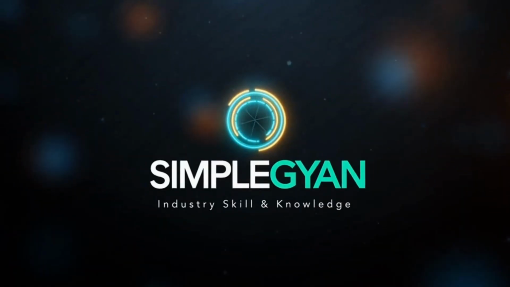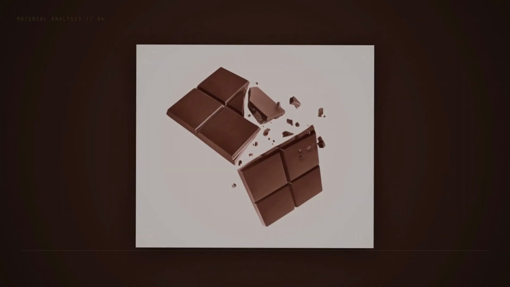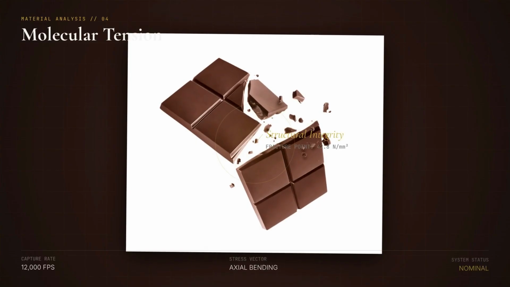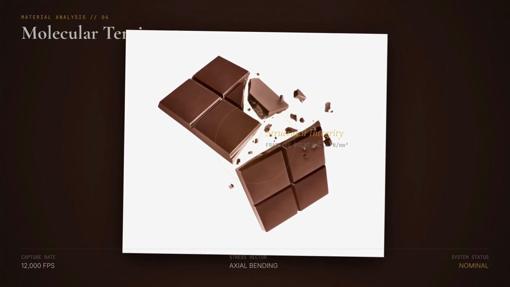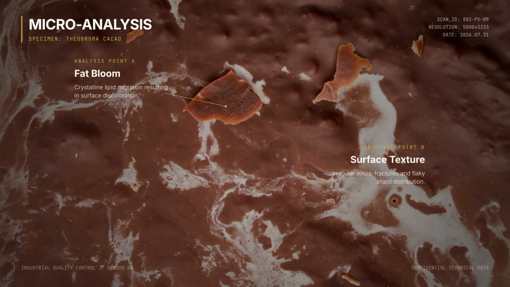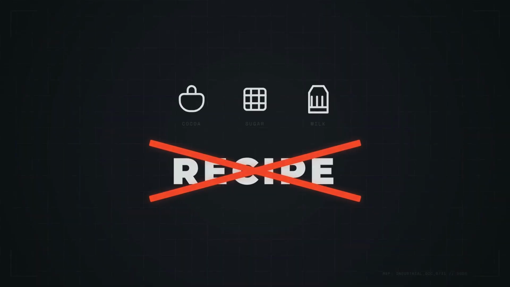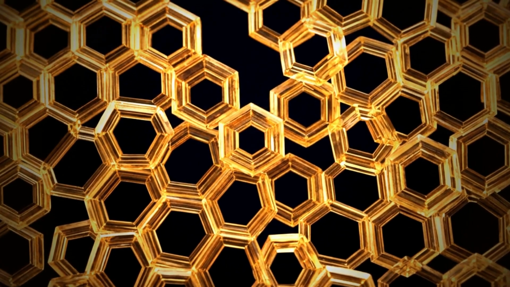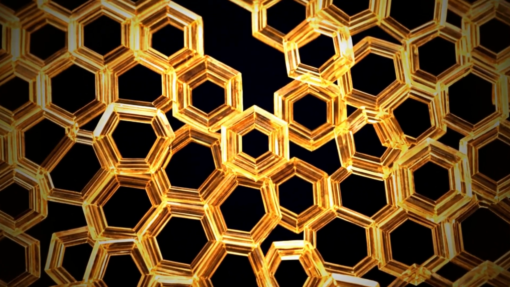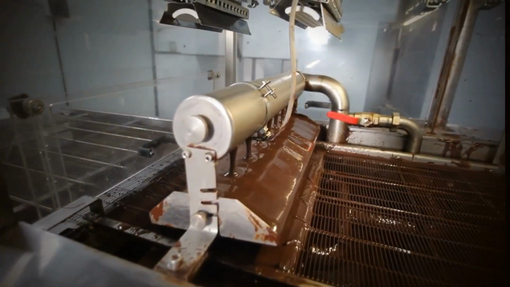This is Simple Gyan. What determines whether a chocolate bar has a brilliant shine and a clean, satisfying snap? Or becomes soft, dull, and covered with white streaks? Surprisingly, it is not mainly the recipe. The answer is the controlled formation of microscopic cocoa butter crystals while tons of thick chocolate continuously flow through a